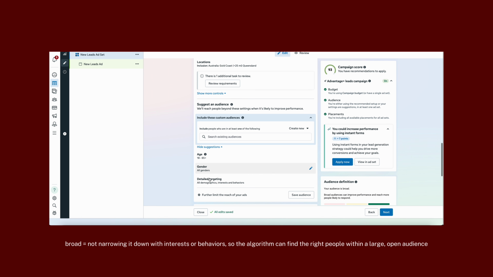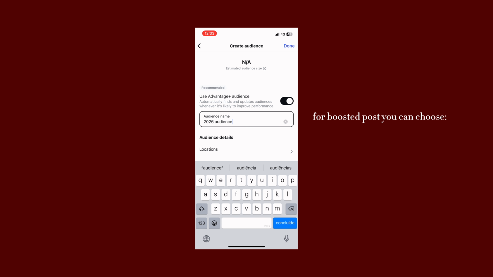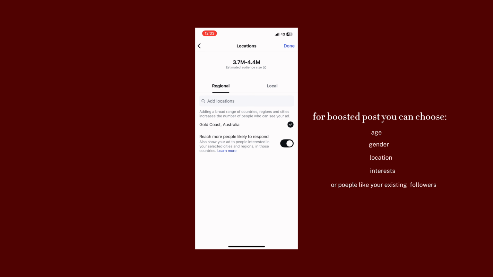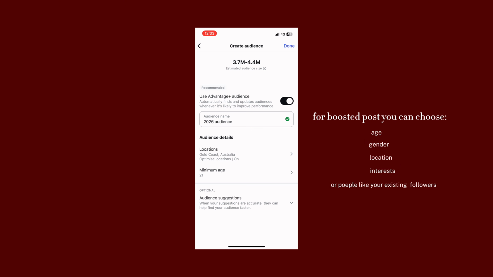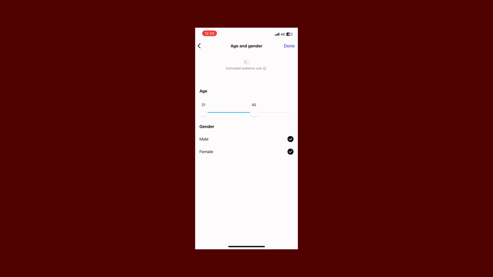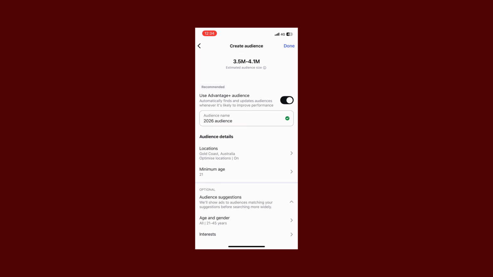If you're going to narrow down your audience a little, then under boosted posts, you can choose age, gender, location, interests, or people like your followers. And your audience will be anyone that fits this criteria, but still mostly people that engage a lot on Instagram instead of those that actually take action.